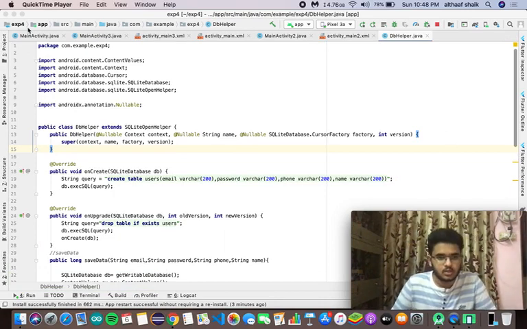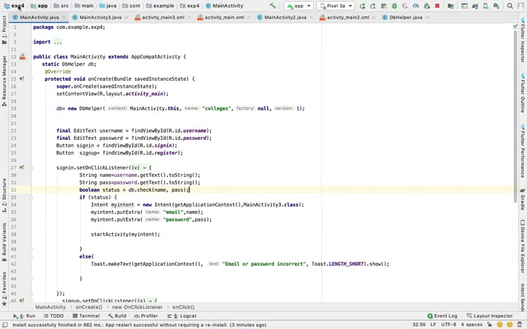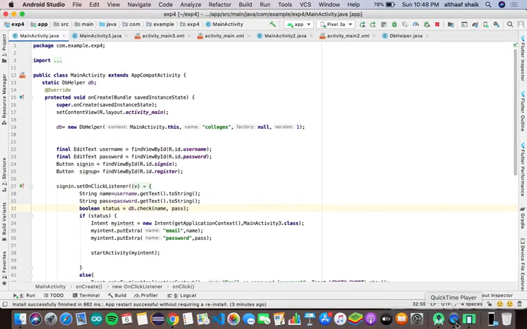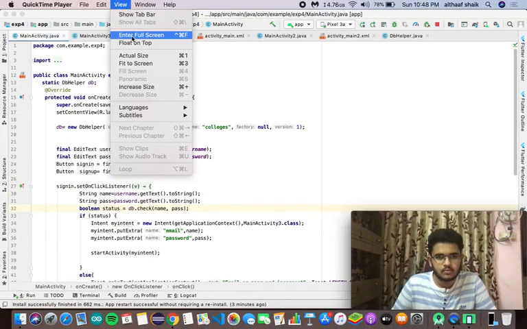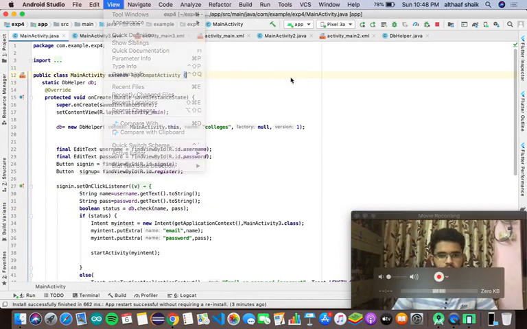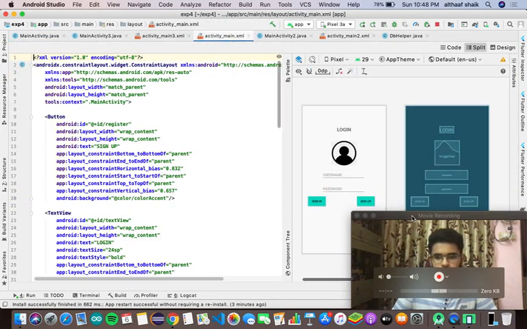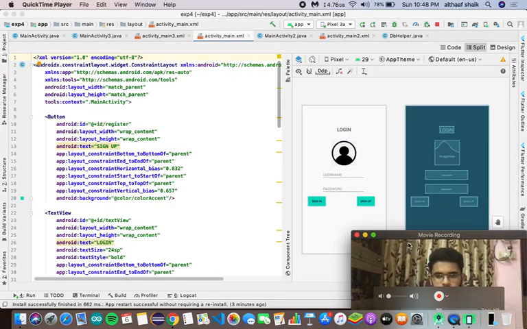So let's see the main activity file. Okay, now this is the main activity file. Let's see the activity main. So this is the